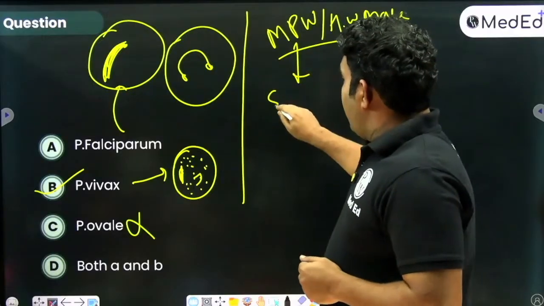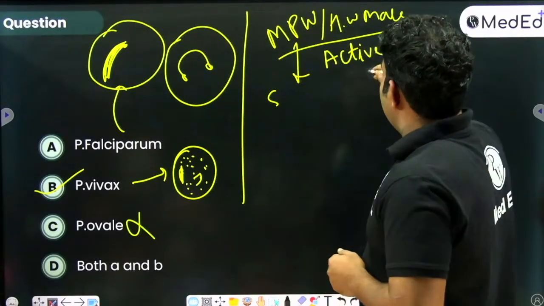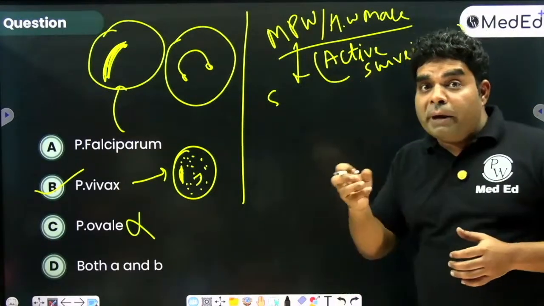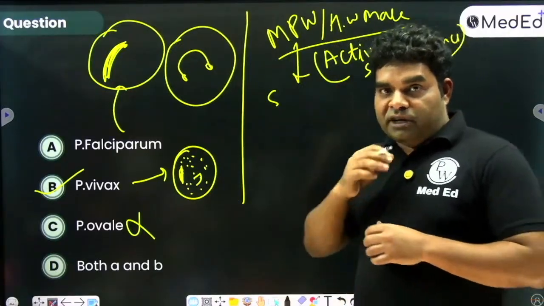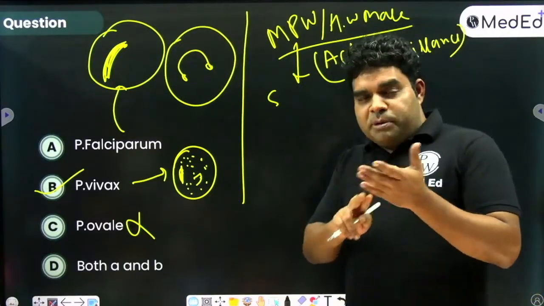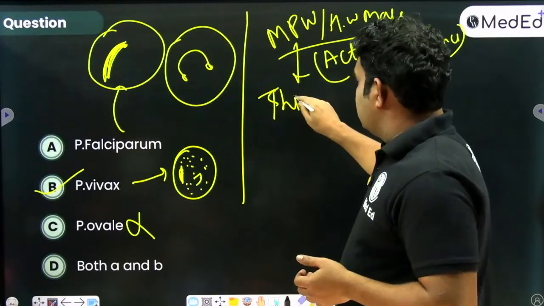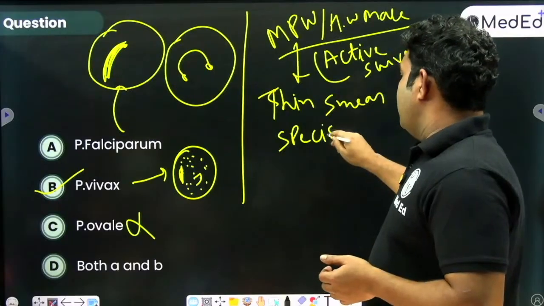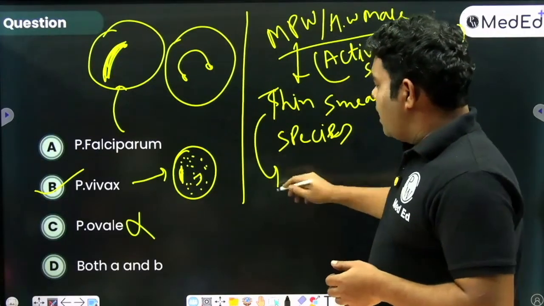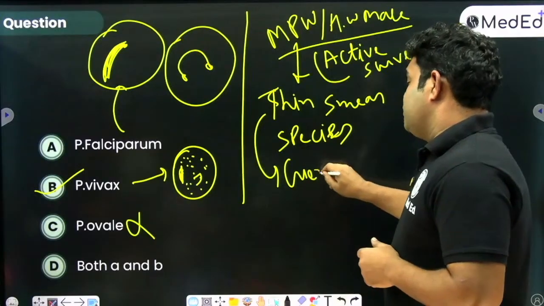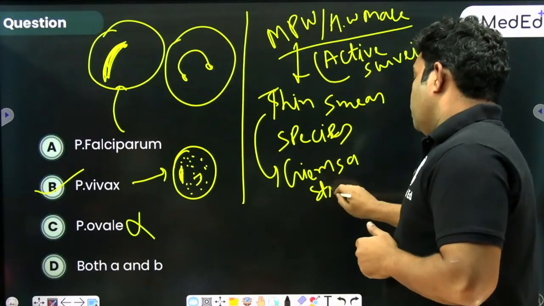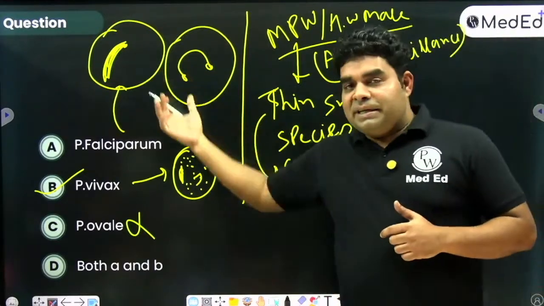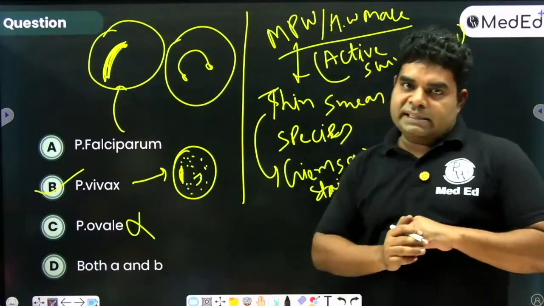तो जब ये एक्टिव सर्विलेंस कर रहा है, एक्टिव सर्विलेंस का मतलब समझते हैं कि हम घर घर घूम करके या हेल्थ सिस्टम के लोग घर घर घूम करके छुपे हुए केस को पता लगाते हैं, तो उसको कहते हैं एक्टिव सर्विलेंस। तो इस एक्टिव सर्विलेंस के दौरान वो 2 स्मीयर बनाता है और थिन स्मीयर से पता चलता है कि वो स्पेसीज कौन सी है, क्या वो फैल्सीपेरम है या वाइवेक्स है। और इसमें जो गोल्ड स्टैंडर्ड स्टेनिंग होती है वो है गायमजा स्टेनिंग। ये भी सवाल आया हुआ है। तो गायमजा स्टेनिंग से इसका पता चलेगा स्पेसीज का, और स्पेसीज में आप इजिली गैमेटोसाइट देख के आइडेंटिफाई कर लेंगे कि वो फैल्सीपेरम है, वाइवेक्स है।